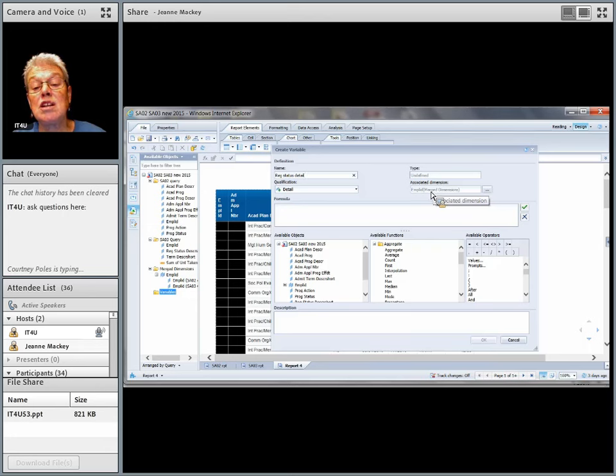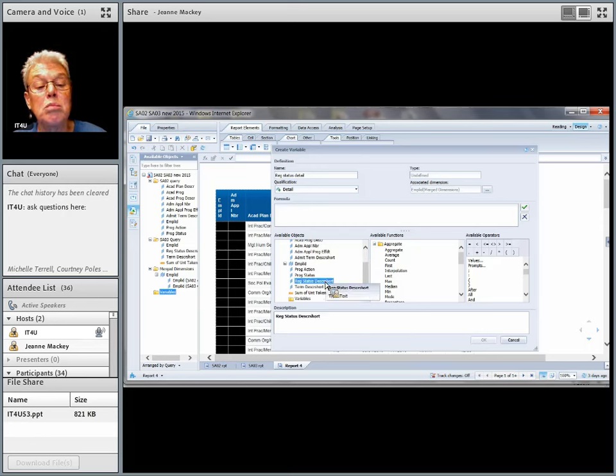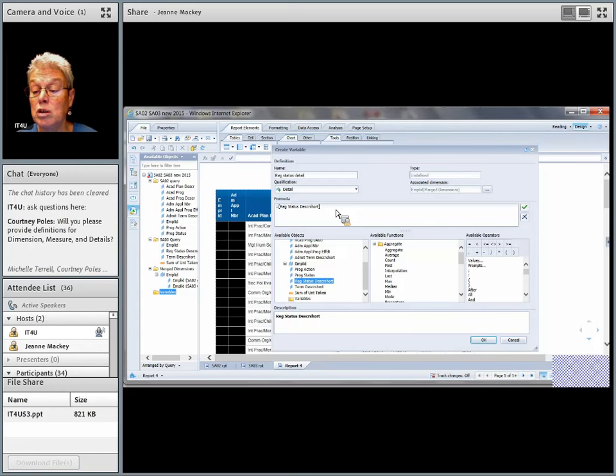I've associated it with the merge dimension object, and now I just have to put in the formula. The formula is just reg status desk or short. Why did I choose EMPL ID? Because EMPL ID is the only object that's common to both queries.